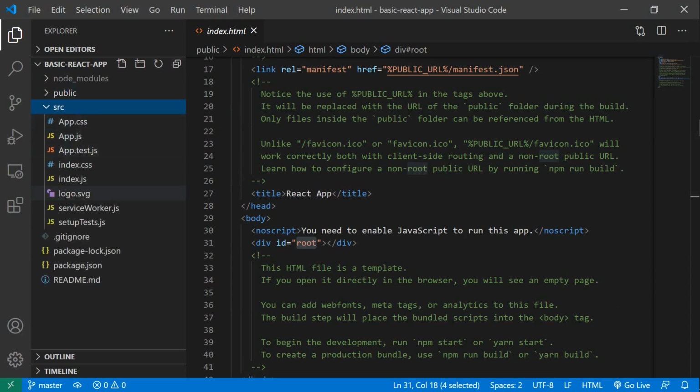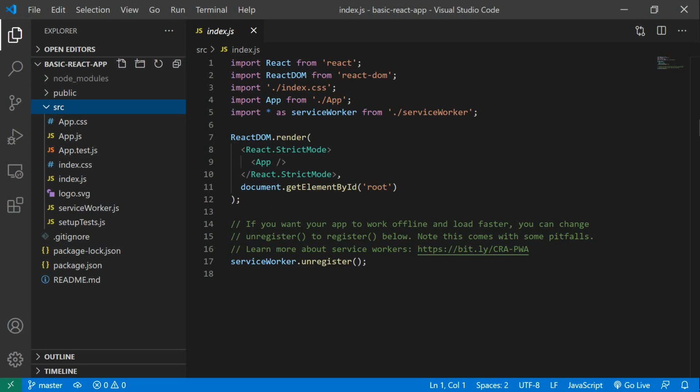This is the folder where you are going to do all the changes and develop your application. The entry point of this folder is index.js. This is the first file which is going to render when you start your application. So here you can see that a few dependencies have been imported.